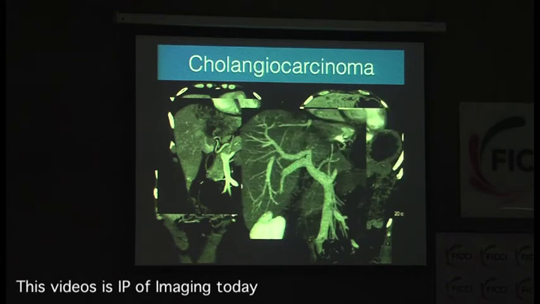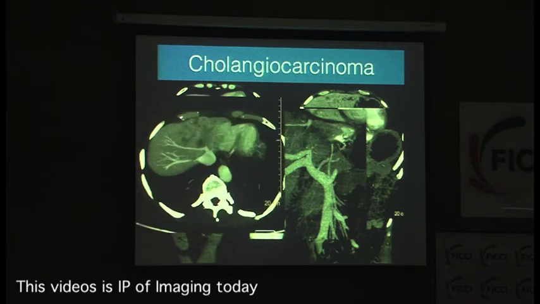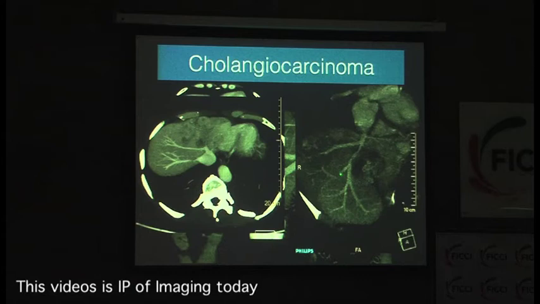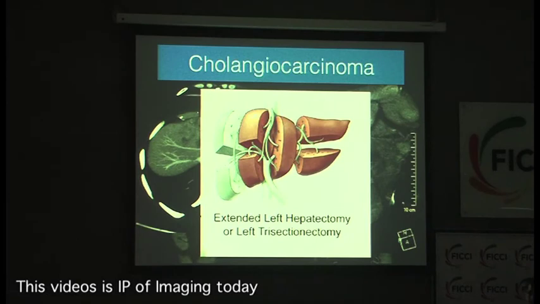Okay. And what is this? This is the right posterior portal vein, this is the right anterior portal vein, and the left portal vein is closed off, so the right-sided portal vein is free. Fine? Okay. That's a section at the top. It is reaching up to the segment 8 vein here, and that's the MHV. And you can see the MHV is involved and tumor has gone to the right of the MHV. Fine. So can you do a left hepatectomy and get away with it? Right, correct. So you do an extended left hepatectomy. Fine. So everybody's got that.